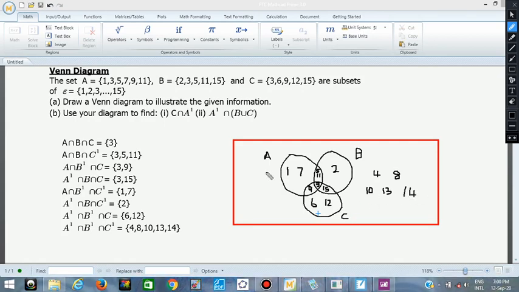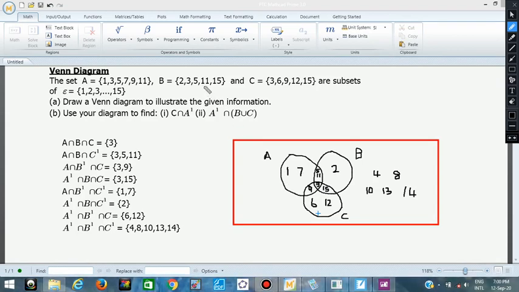So that is all. So this is the complete Venn diagram of this question. They say draw a Venn diagram to illustrate the information. So if you interpret this Venn diagram now, you will see that, let's look at A for example. A is how many numbers? We have 1, 3, 5. If you look at the circle, this is the circle of A. If you go around the circle of A, you see 1 is there, 3 is part of it, 5 is there. If you take this circle of A out, you see 1, 3, 5, 7, 9, and 11. You can see it, they are all part of A.